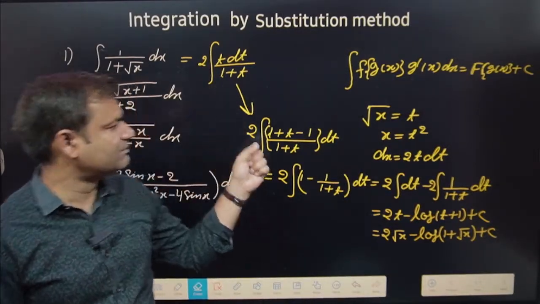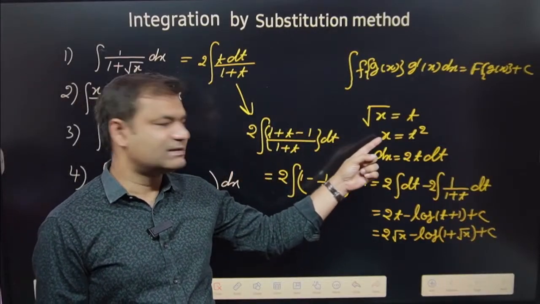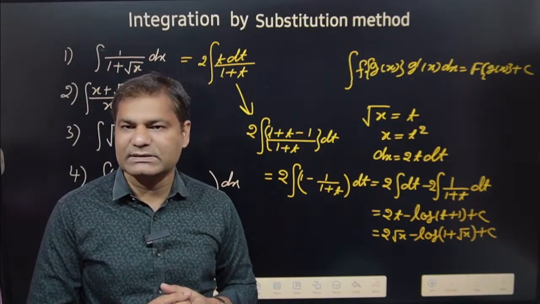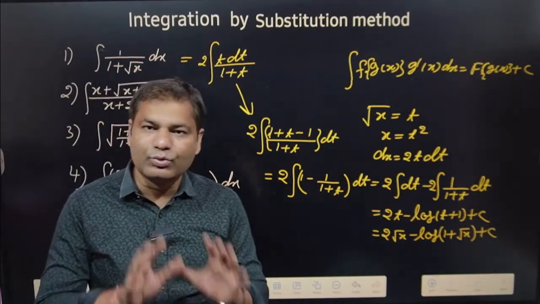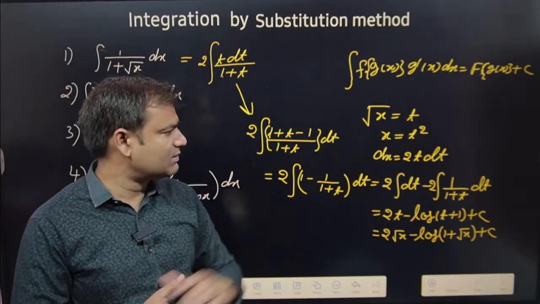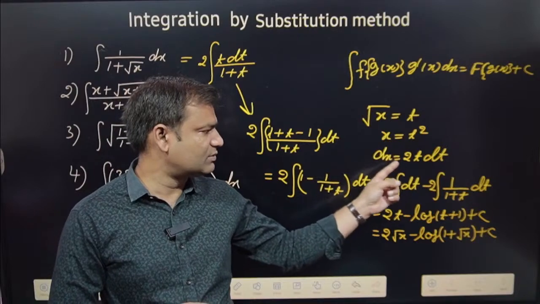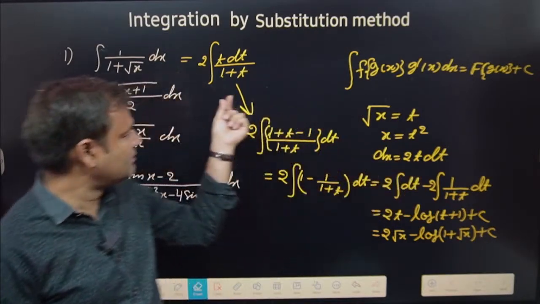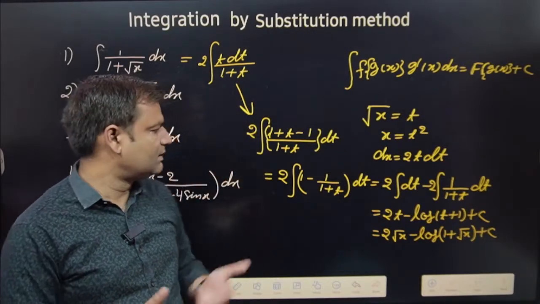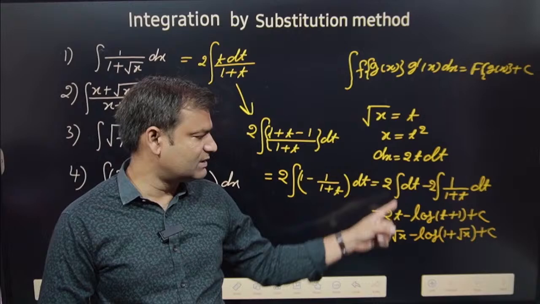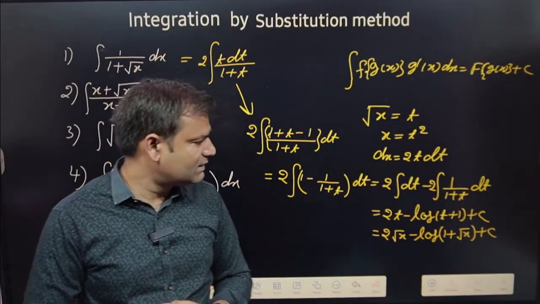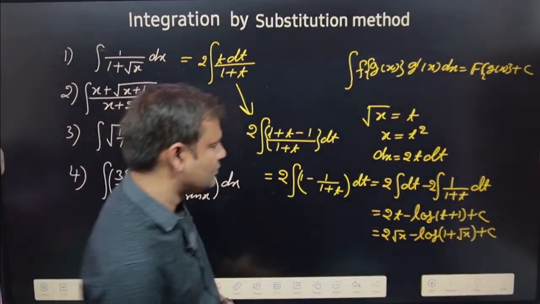If we take it as t, then x is written as t square. Differentiating both sides with respect to x, we get dx equal to 2t dt. After that dx is replaced by 2t dt, we put that value and get this. After that we add one and subtract one, then we get this. After that we integrate and replace t by root x, then the final answer is 2 times root x,